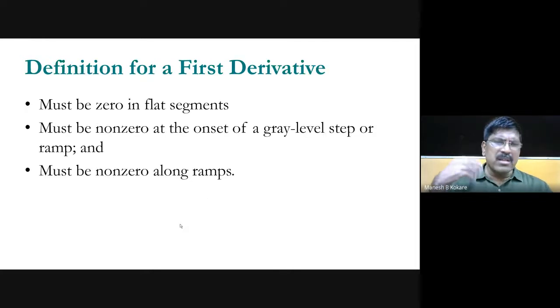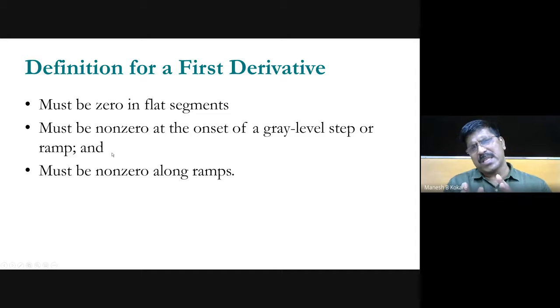Now, as I told you, this can be detected by taking the derivative. You can take the first derivative, you can take the second derivative, and so on. So what is the definition for the first derivative? The first derivative must be 0 in a flat segment, which means the low spatial frequency component should be eliminated by using the first derivative, and it must be non-zero at the onset of a gray level step or ramp,